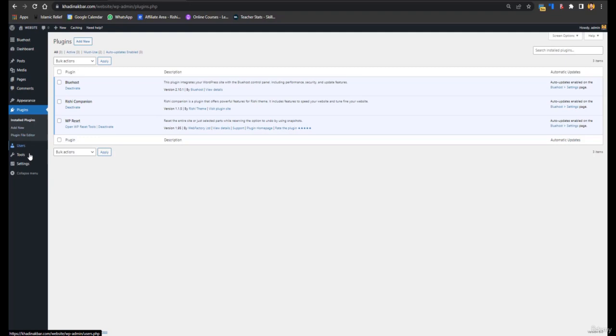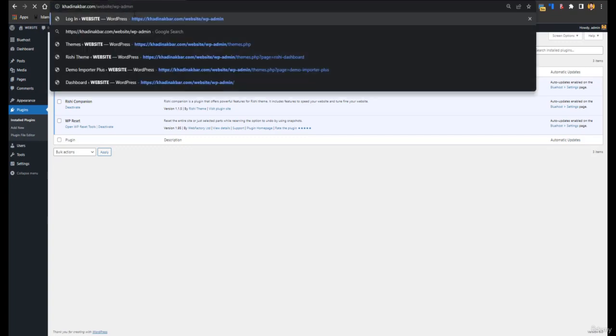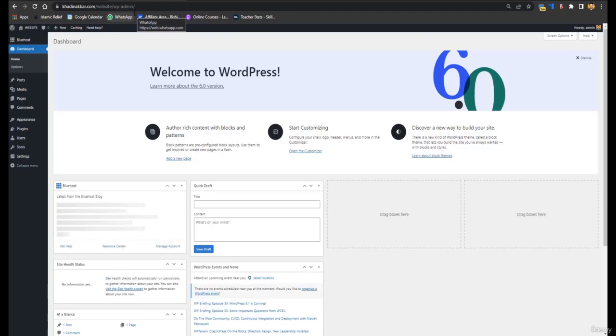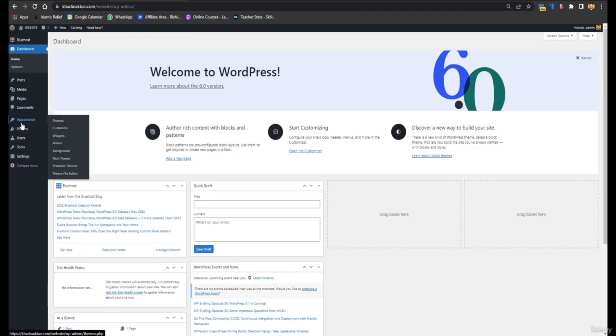So Rishi companion has been activated successfully. So we'll just reload the website. And after reloading website, I just go to appearance, go to Rishi theme,